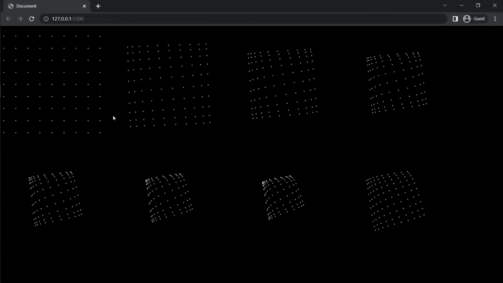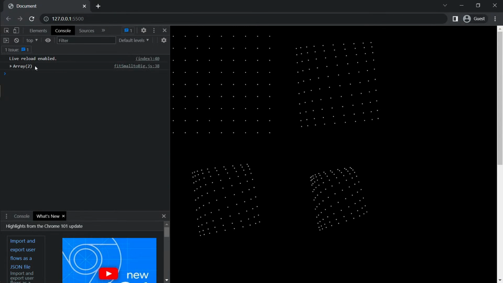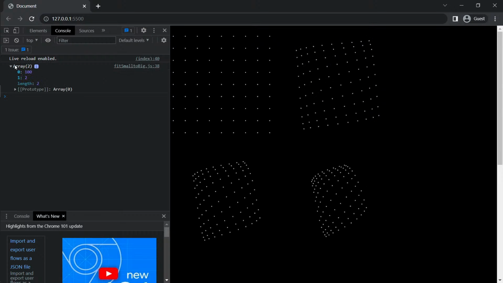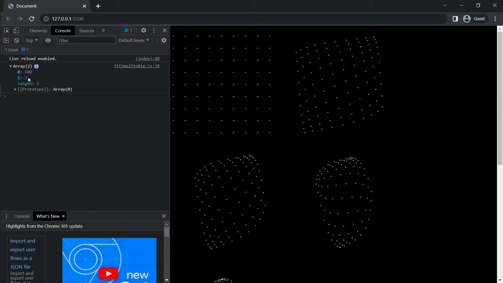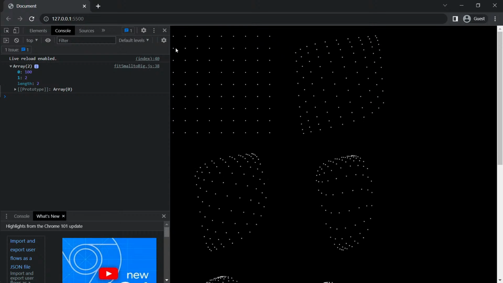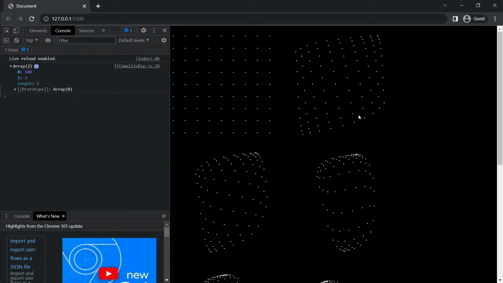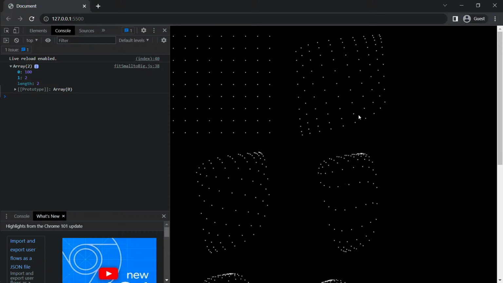Okay, so grid.shape is 100 by 2. And so I think what it's doing is effectively putting each row back to back. So